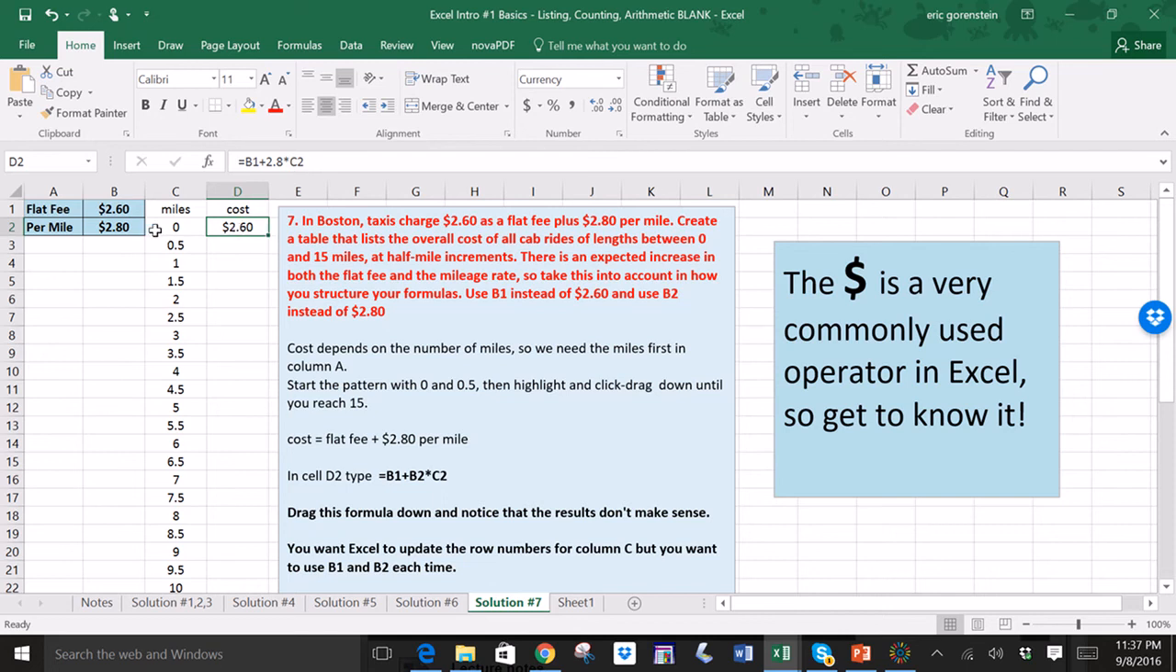But we don't want the B1 to change. B1 is the flat fee. So for every formula, for every cell, we want to use the same B1 in our calculation. B1 plus